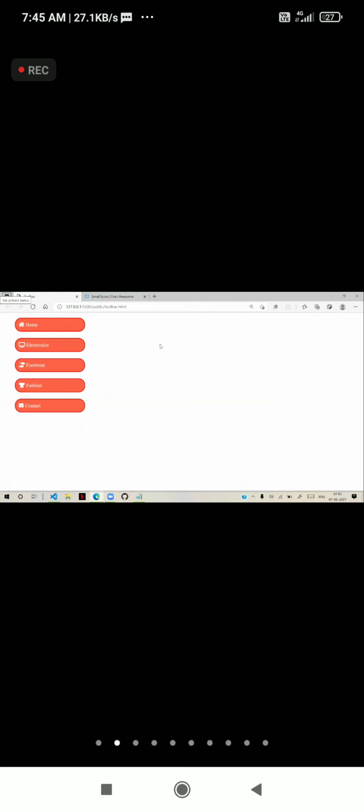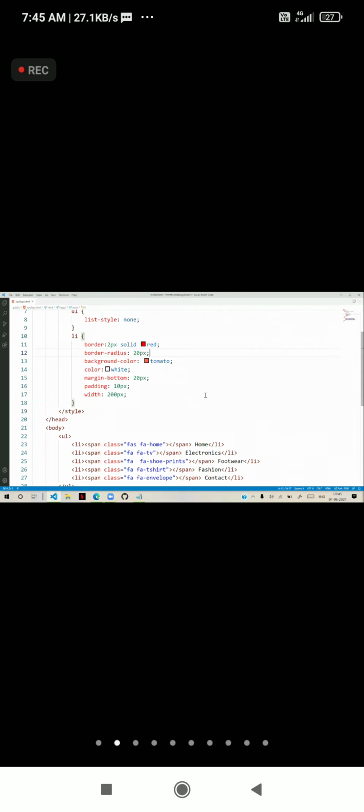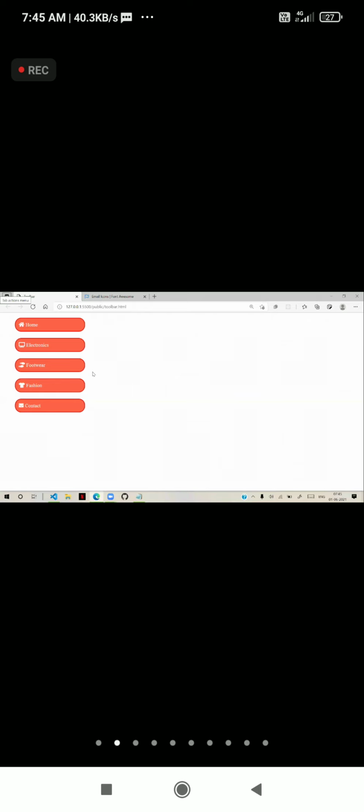Remember, font size and color: if you change the color, the symbol color will change. Many times several doubts will come: Sir, can I put a symbol color different from the text color? You can do anything. You can increase its font size. You have to keep it separately and use it. I will show you how we can manage font size and color. You can individually manage everything.